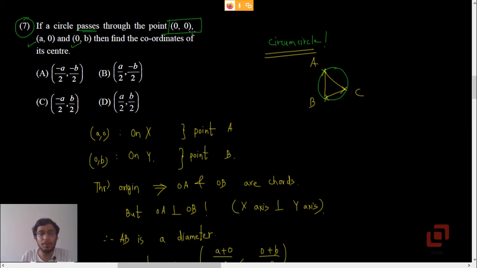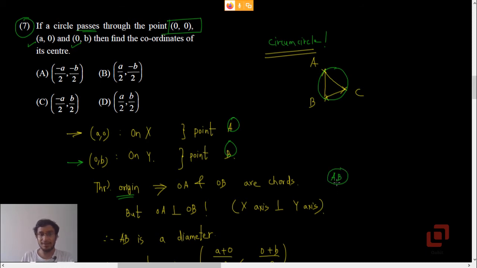Let us now come back to the points. Okay, you observe that the point a, 0 lies on the x-axis. I am calling this point A. Then you observe that 0, b is a point lying on the y-axis, right? X coordinate 0. I am calling that point B. So we have A and B lying on the circle. Yes, and at the same time this circle also passes through the origin. Okay, so if we now have 3 points which pass through the origin, can I say that OA and OB are chords? Yes, in fact AB is also a chord.